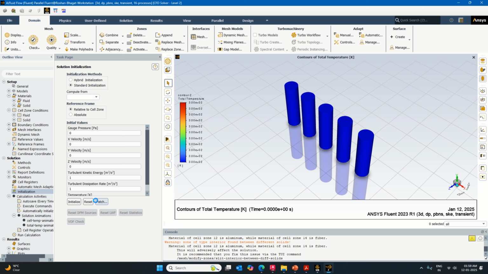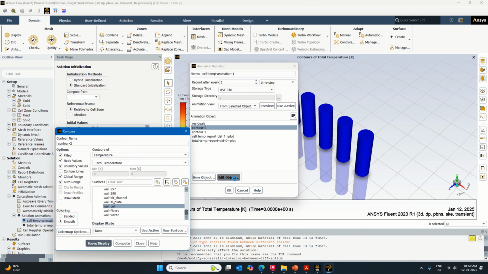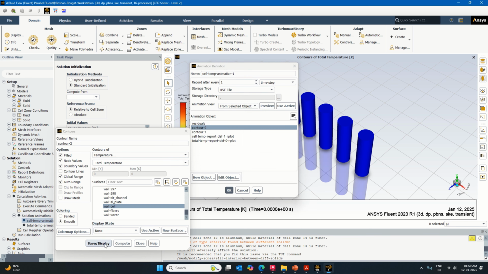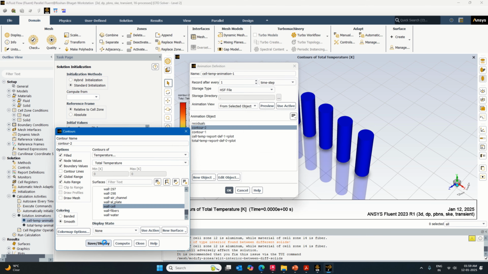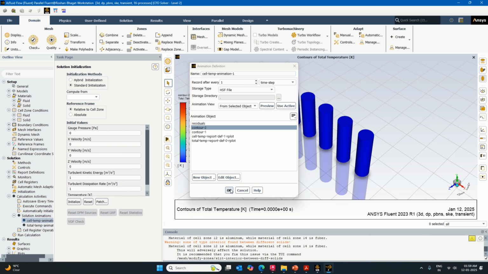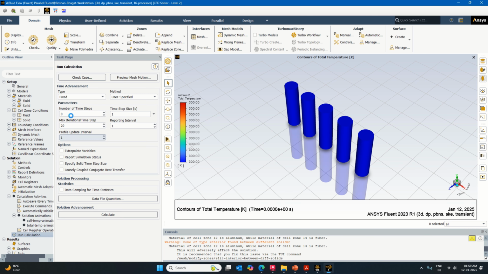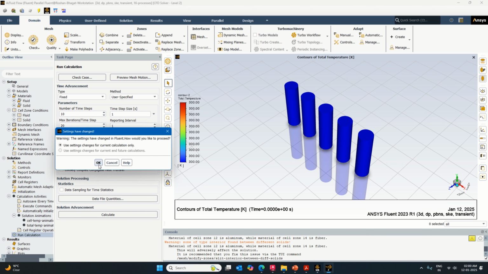Once the initialization is done, you will run the calculation. Okay, cell temperature animation I will just edit it because I am not observing the scale which is float. Make it apply. Earlier the exponential scale was visible. I don't want the exponential scale, so that's why I close this, make it okay. So now it is the float scale which is available. So click on run calculation. I will just run it for the first 10 and then accordingly we'll see. So let's click on OK